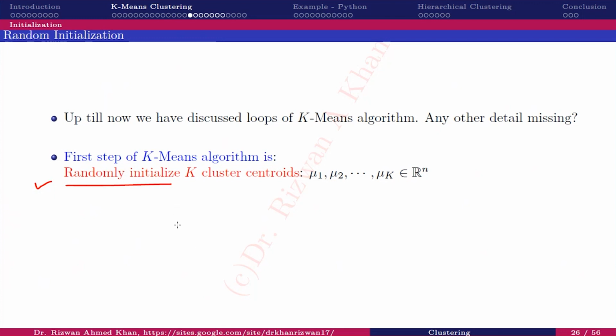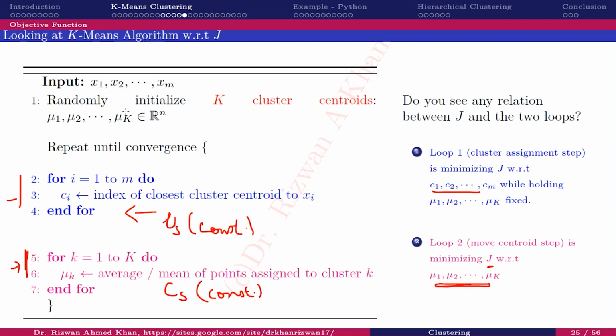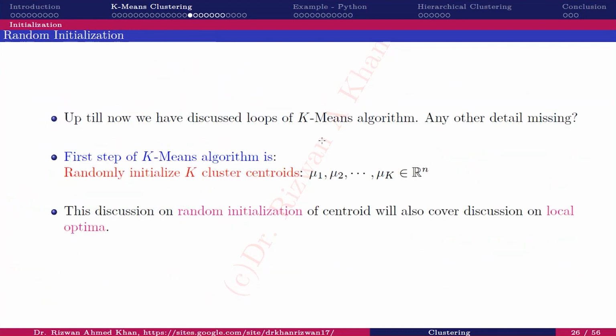So remember, before these two main loops, we have a step called random initialization of K cluster centroids. K is the total number of clusters. We randomly initialize these centroids. We don't have any mathematical function that gives the best value where the centroids should be placed, but we randomly initialize, right? So this discussion on random initialization of centroids will cover local optima, because once we randomly initialize,